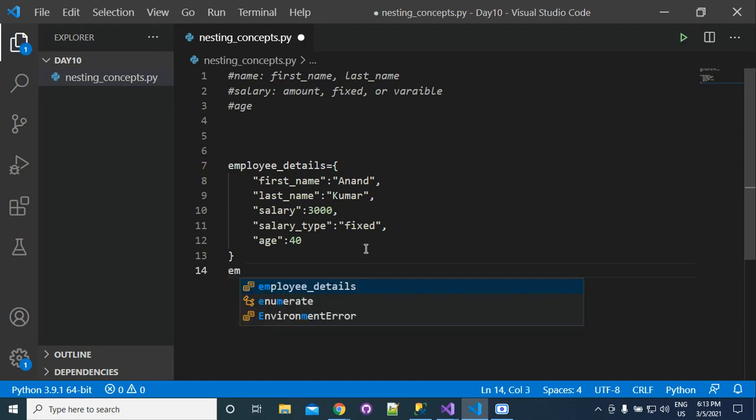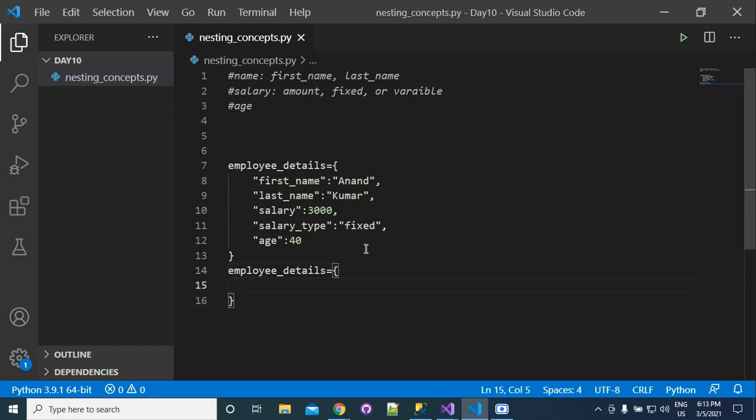Now, a different way can be, you will write here name, and then you will write here first name, and then here Anand, suppose Anand, and then second name you can write here Kumar.